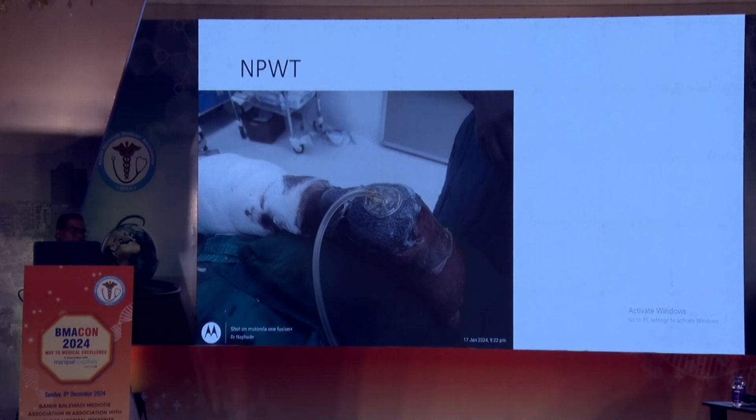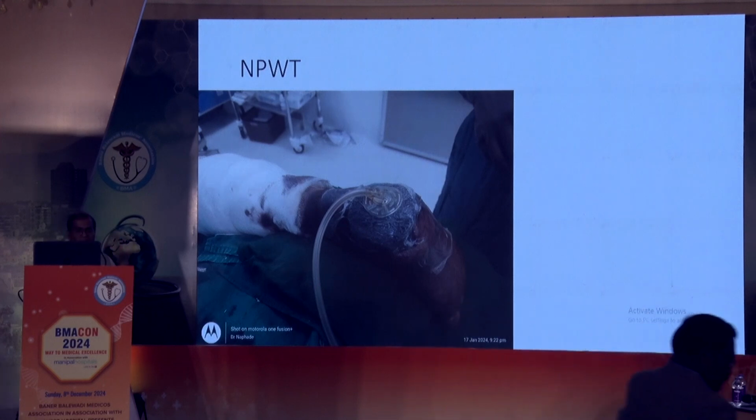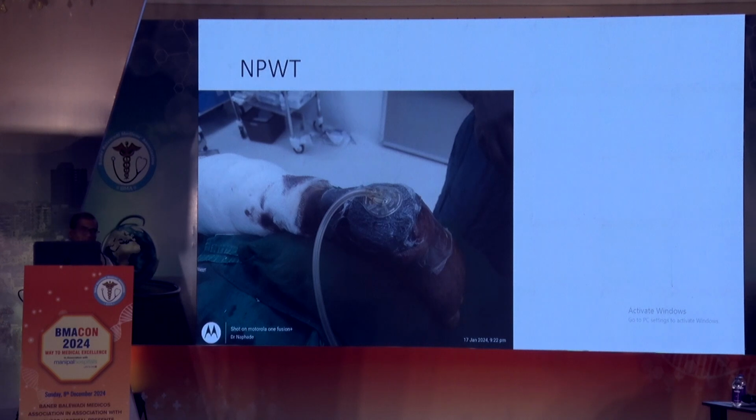Negative pressure wound therapy has changed the present concept of wound healing. Here there is a foam which is attached to the canister, and in turn it is attached to a pump. All exudates are collected into the pump. It's a closed, one-way system where infection cannot go from the canister to the wound again. The advantages of negative pressure wound therapy are that it will take away exudation, promote angiogenesis, and keep the area dry, neat and clean for the patient also, and the wound healing rate is almost double.